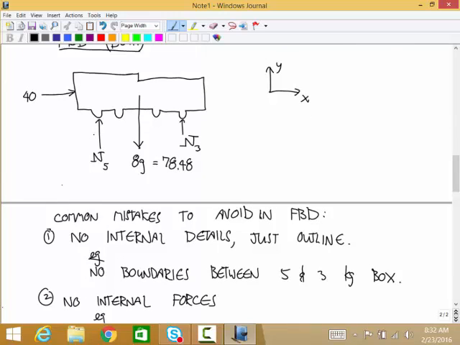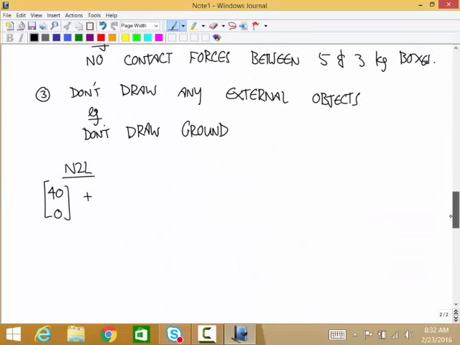This is in the positive y direction, so what's n5 as a vector? Well, actually, you're right about that, but we'll just calculate that as it comes up. So for now, all we're going to say is that's n5 in the positive y direction. However it appears in the free body diagram, that's how it appears in Newton's second law. So that's just going to be 0, n5. Okay?